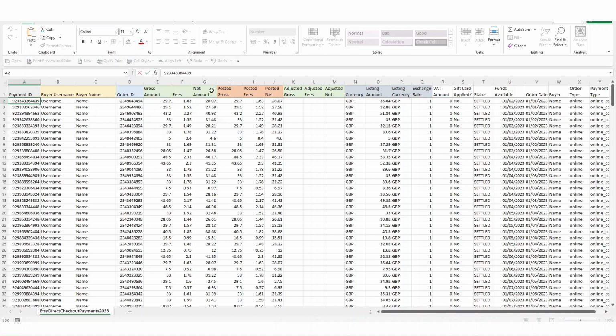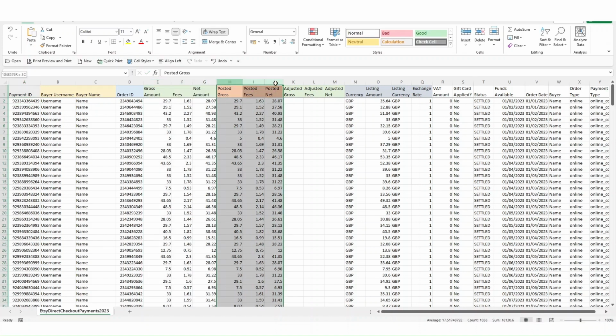So you then get 6 value columns. So gross, fees and net, and then posted gross, fees and net. I think this is in your listing currency and this is in your payment currency. I have both set the same, so I can't double check that for you, but I'm pretty certain that's how this works. So that is what you would effectively see paid through into your payment account, and this is what you see on your order file or your order by item file